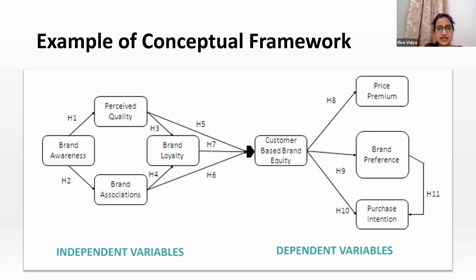Is the number of hypotheses the same as the number of research questions? It may not be the same. You can have more hypotheses as compared to research questions. It depends, but it is not necessary that you have the same number of hypotheses as research questions. Yes, Wrinkle, we mention null and alternate hypotheses while mentioning the hypothesis.